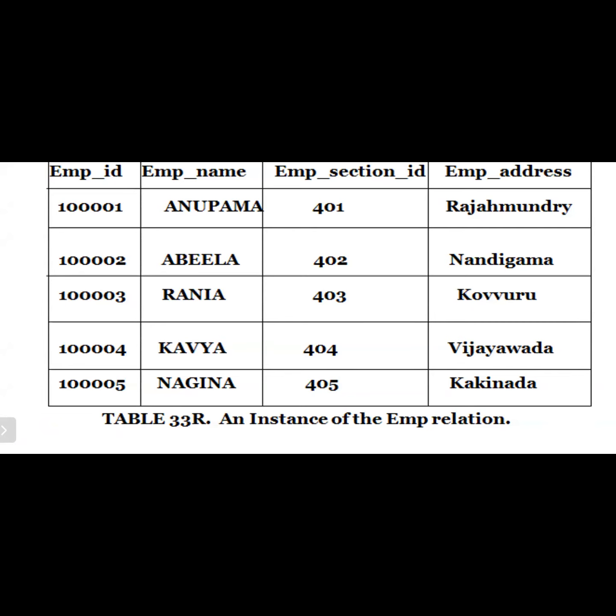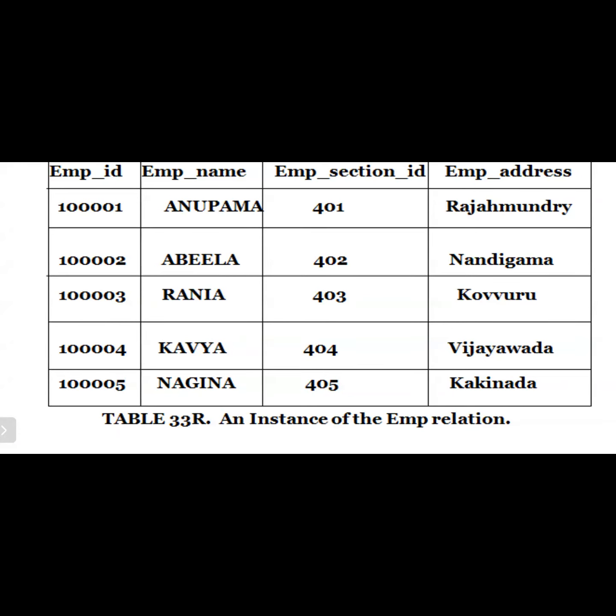What does lossless join mean? It means there is no loss of data. According to our requirement, we break down one table into some smaller tables. For example, the table name is R, and we divide it into three tables, R1, R2, R3. Are you understood this? I'm considering one table, R, and dividing it into three tables: R1, R2, R3.